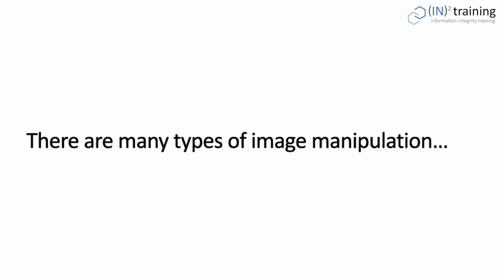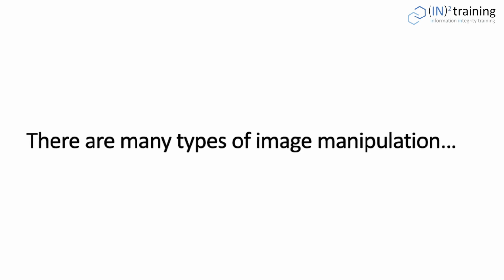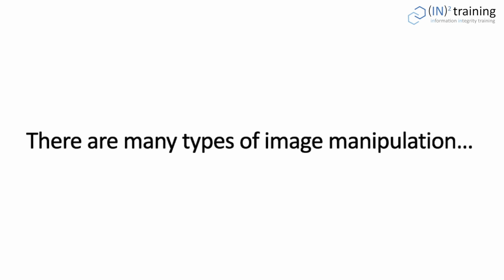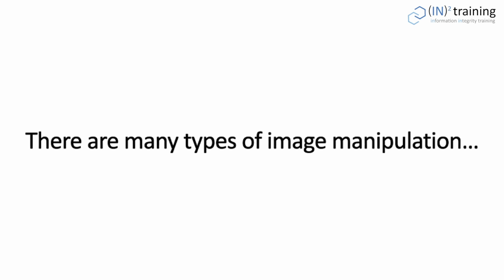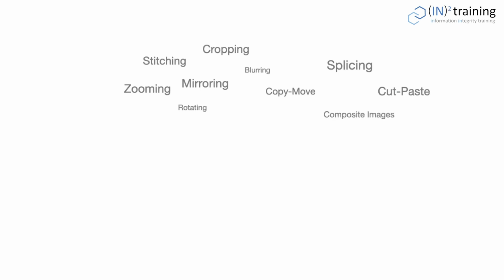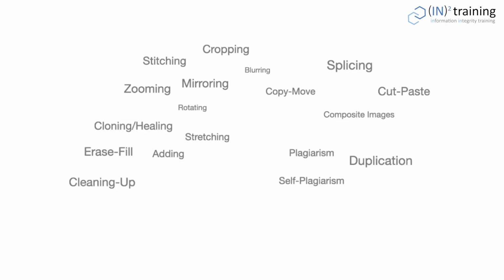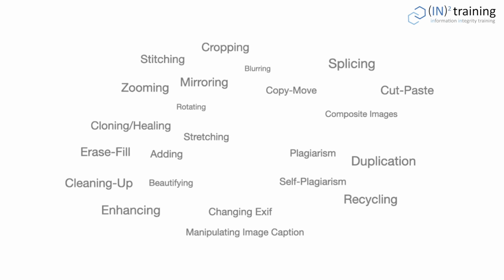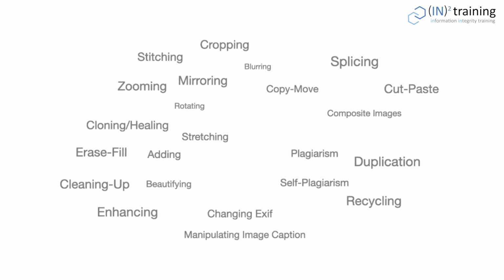Moreover, you will learn about some of the most predominant types of image manipulation and about how to draw a line between what can be considered appropriate or not. Whoever is concerned with images in the scholarly field has heard terms like copy move, splicing, stitching, or cloning, and cut and paste, and many more. Some of them clearly imply inappropriate operations, others may be considered legitimate depending on how they are applied and documented.